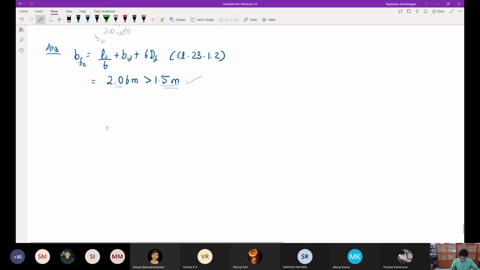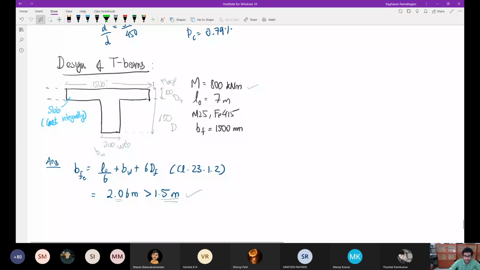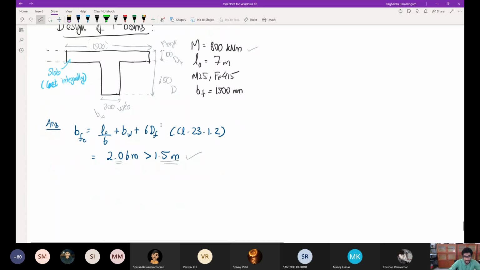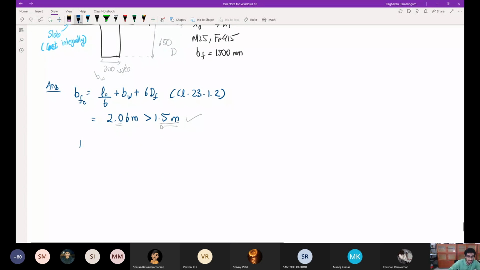So proceeding further, the first thing we want to find is XU, and all those things, because we do not know them. It's given in the question that 650 is the overall depth. So let me assume the effective depth D, with an effective cover of 50 mm. Then my effective D becomes 650 minus 50, 600 mm.